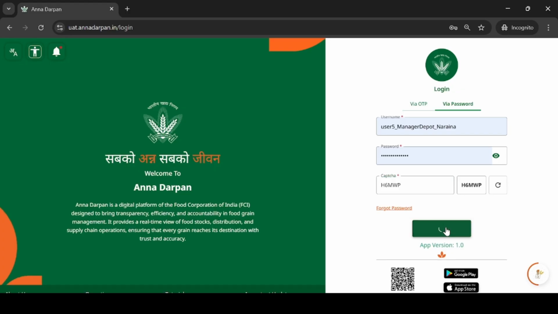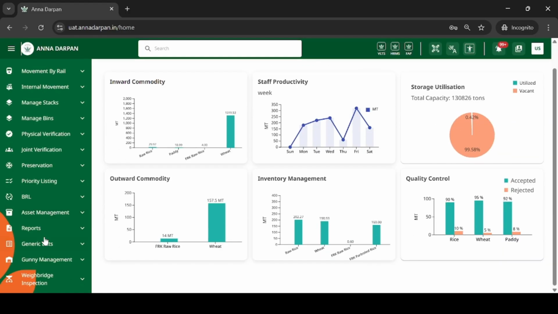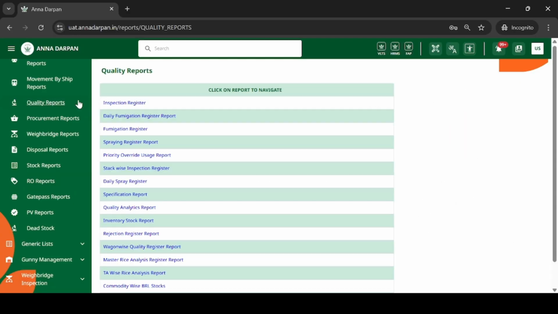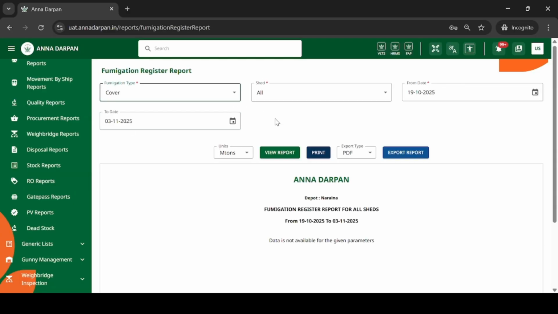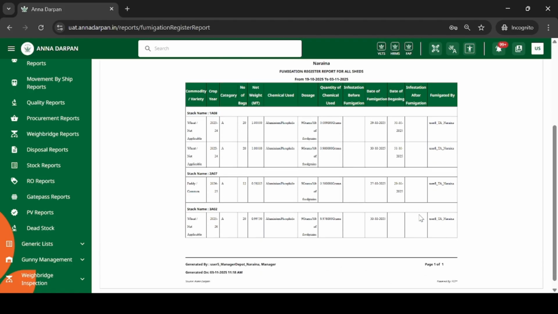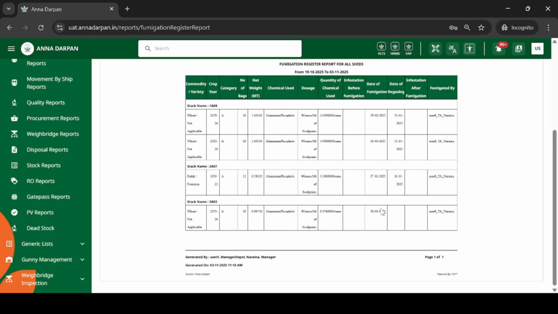Finally, log in as the Manager Depot and navigate to Reports, Quality, Fumigation Register. Select the From Date and To Date that include today's transactions and click View Report. The fumigation register will be generated and display accurate data for the selected date range, including the records added in